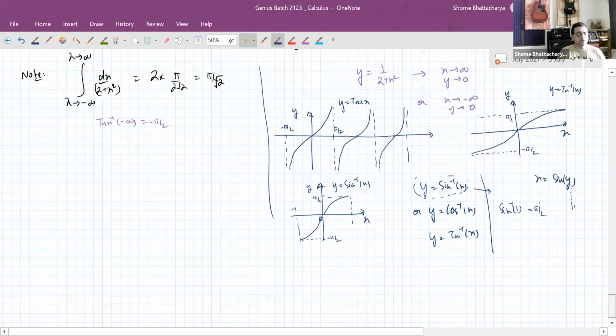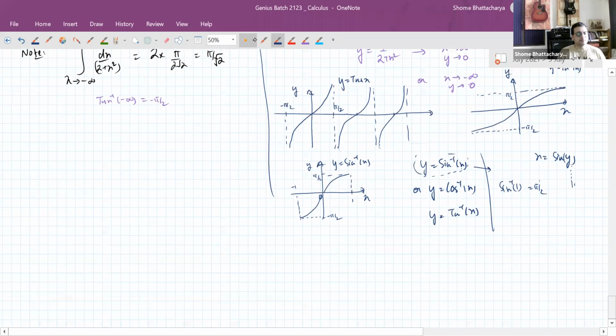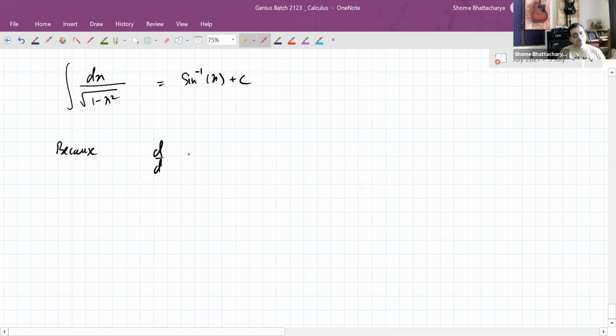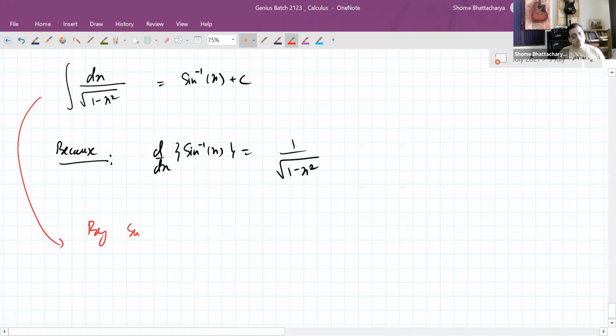Okay. Now let's come to our second type of trigonometric substitution. So that is using this basic one, that this one we know is sine inverse x plus c. Because we know that differentiation of sine inverse x is how much? It is 1 upon square root 1 minus x square. But also it can be done by substitution. So we use identity